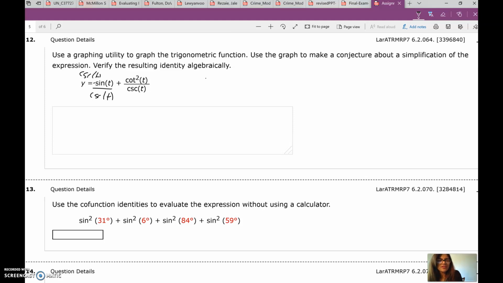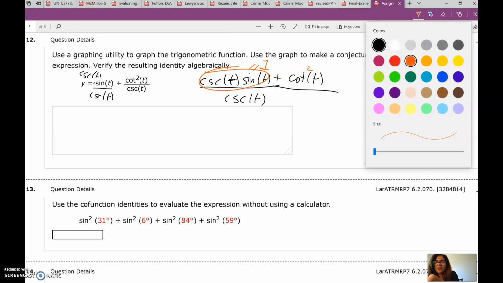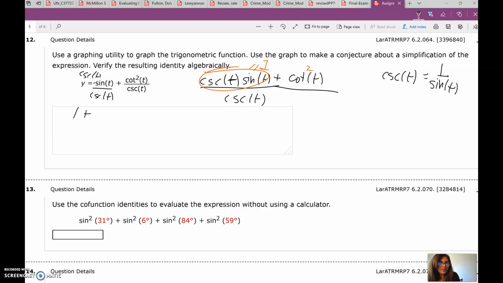And something interesting to notice right away in the numerator is that we have reciprocal functions multiplying each other. So we know that cosecant is equal to 1 over sine, so that we can simplify this to the number 1. So we're going to end up with, oh, don't forget the squared, we're going to end up with 1 plus